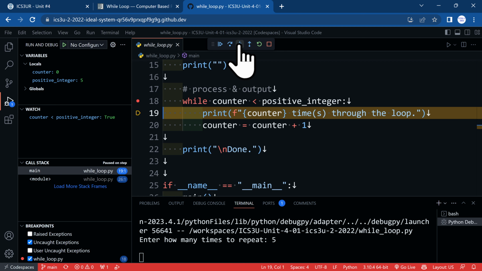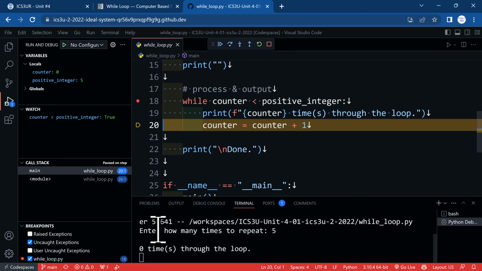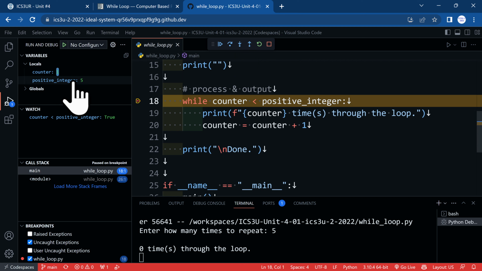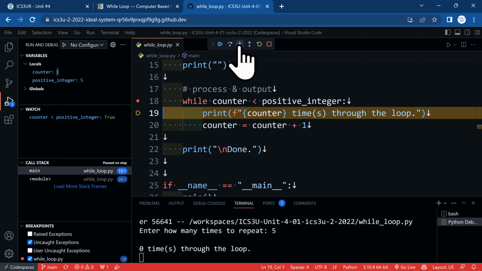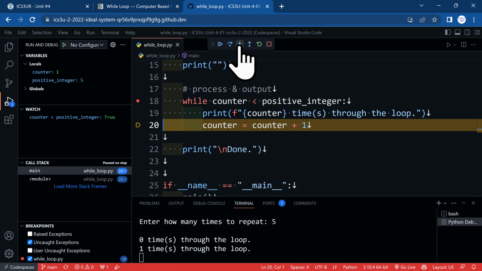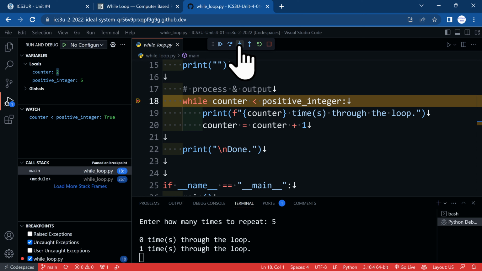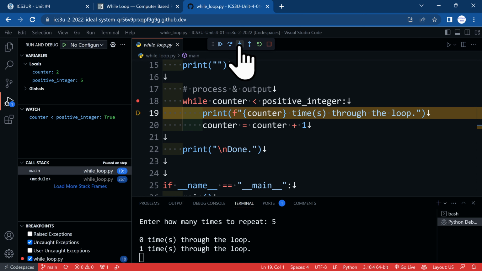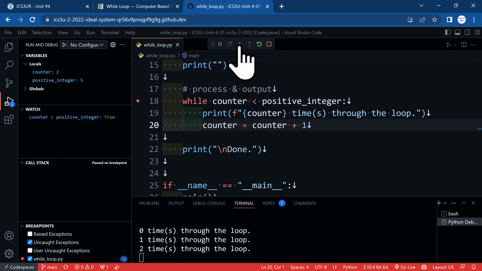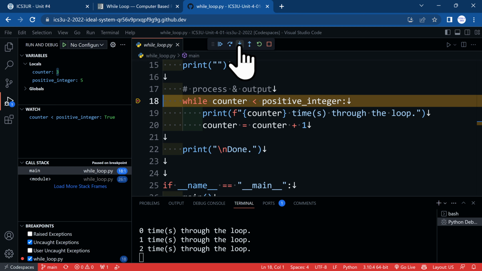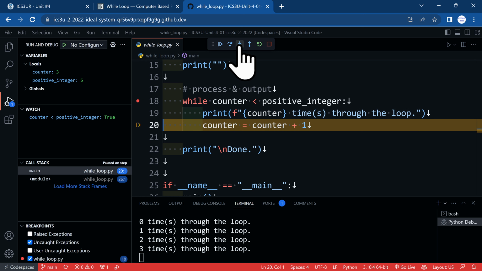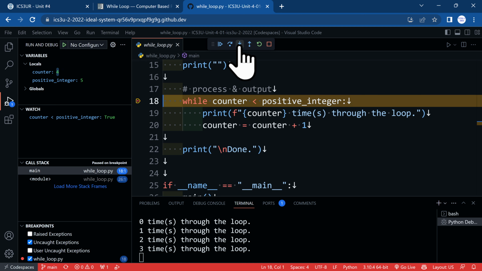So we go through, we're going to print out our first number, which is 0. We add 1 to it, so now it's 1, and then we come back and this is checked again. It's still true, so we hop through. We're going to print out 1, we add 1, we have 2, 2 is less than 5, so we go in again, we print out 2, we add 1 more, now we're at 3, 3 is still less than 5, we print out 3, we add 1, we got 4, 4 is less than 5, so we hop